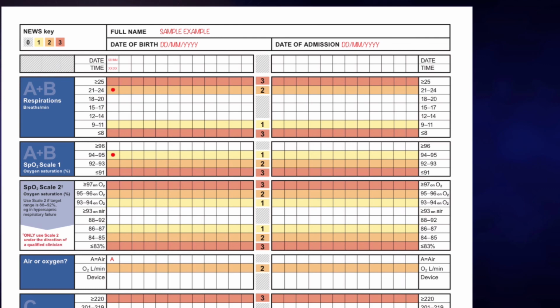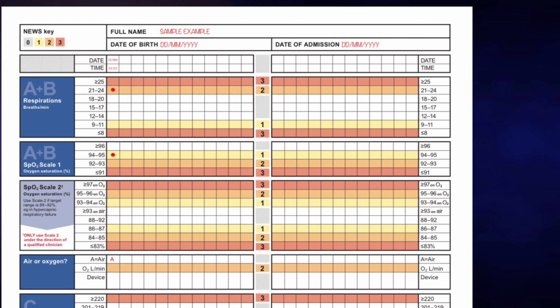First, you put the patient name in capital letters. Use a black pen, or you will get a pen from the OSCE exam center. Then put the date of birth: date, month and year. Then the date of admission: date, month and year. So it is recorded clearly. Just watch it and learn it, and prepare at home before you go there. You don't need to make any mistake here.